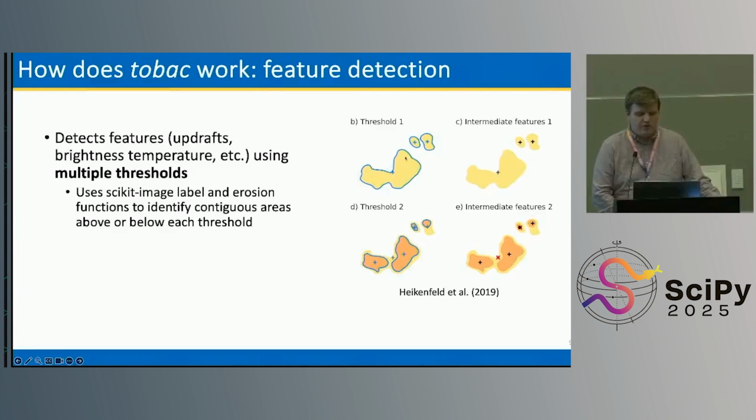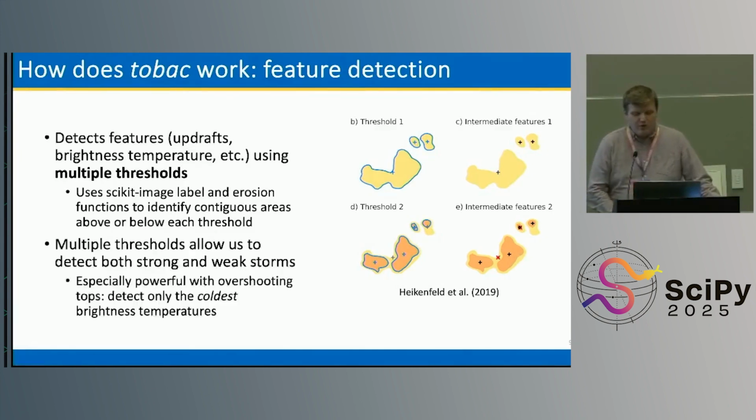Tobac will identify areas greater than your threshold, even if they're relatively smaller areas. And then if you have areas within those thresholded areas that are at an even higher threshold, it will split it apart. Why do we want to do this? Well, this is actually really powerful in cloud tracking because it enables us to detect both strong and weak storms. I'll show some examples if you've not looked at clouds and data before. But when we end up with a big field of clouds, you can end up with everything kind of mushing together. So being able to detect on multiple thresholds and understand where they all come from, but also being able to split those up into individual segmented storms is really, really helpful.